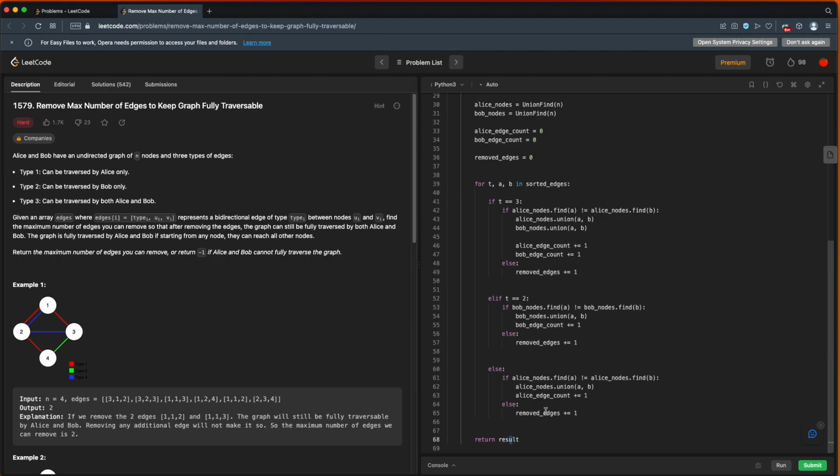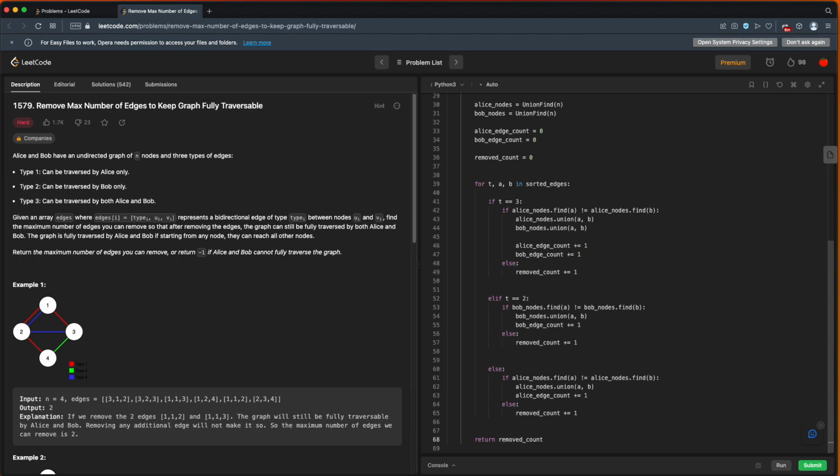So in our case, we're keeping track of all these edges that we processed but didn't end up using, so we can just return those edges. So removed edges count. I should probably call it removed edges count. Yeah, I'm renaming this removed count. All right, so at the end here, we can just say, these are all the edges that we've removed, but